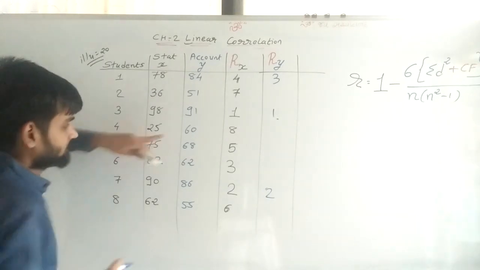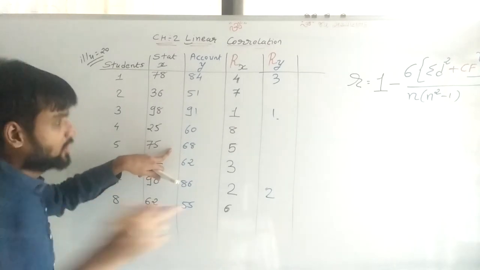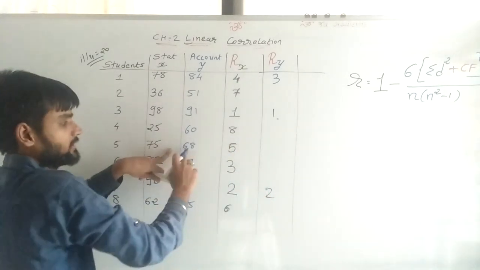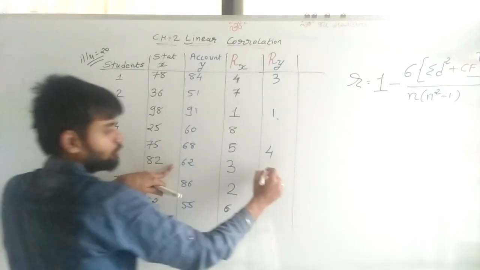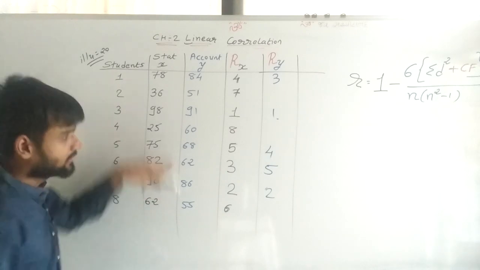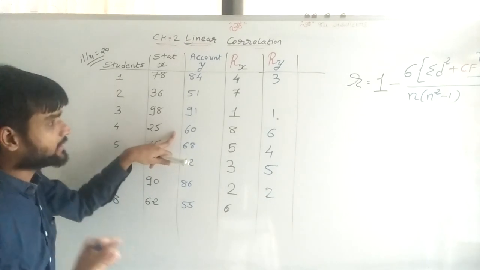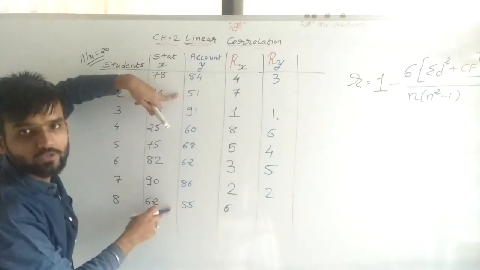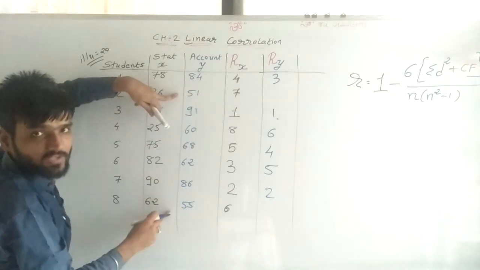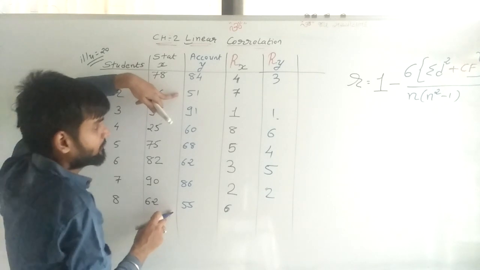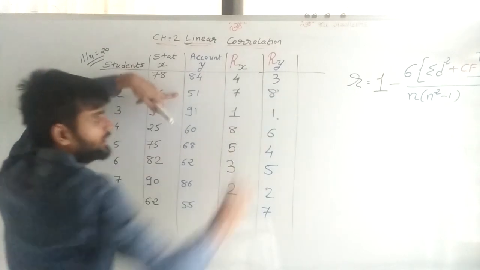Three values are given. From these three, 68 is the highest marks. So the first, second, and third ranks are already given. 68 is the fourth rank. 62 is the fifth rank. 60 is the sixth rank. 60 is completed. Now there are only two students left, with 51 marks and 55 marks. Of these two, the highest is 55, so give it the 7th rank and the other the 8th rank.